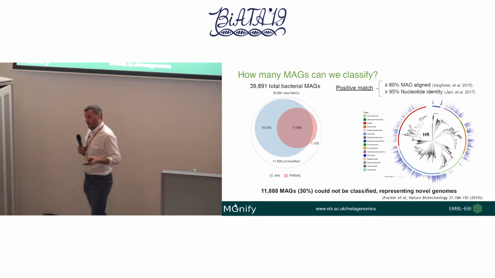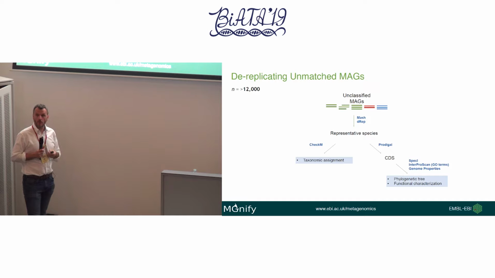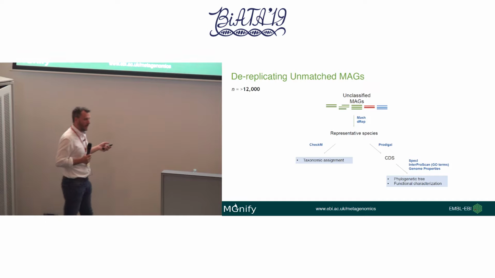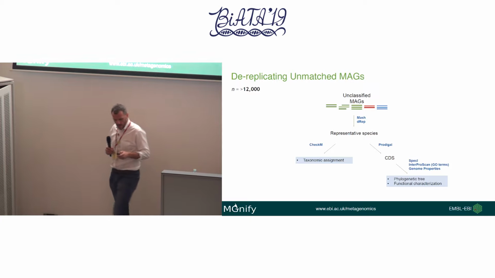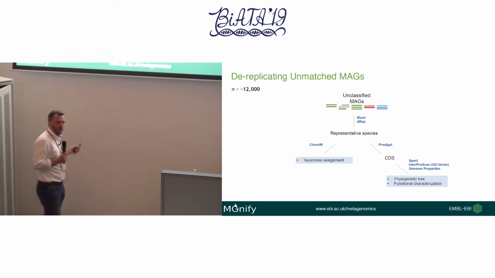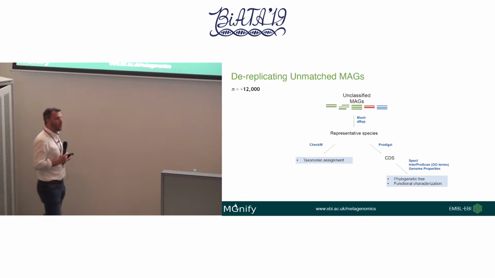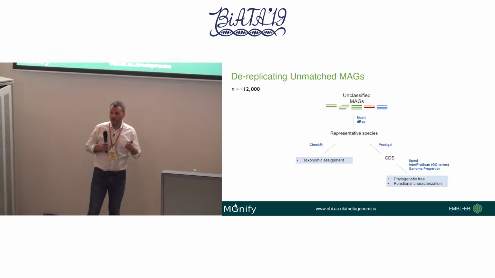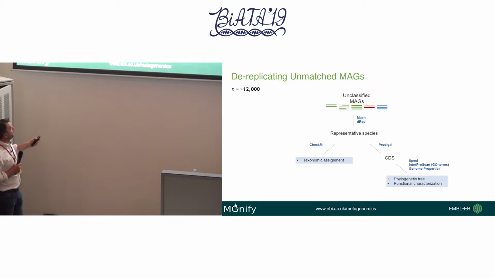As you've realised from that previous plot on the phylogenetic tree, we have a lot of redundancy within the system. Now we have to remove that redundancy amongst the things that we can't match. I've got a little picture at the top of our bins: there are 3 green bins, and the colours represent something that's the same. We've got a red one and a blue one, and we want to remove the redundancy. So we use, again, MASH and dRep to do some clustering, and then choose the very best one to be a representative species out of this unclassified set.